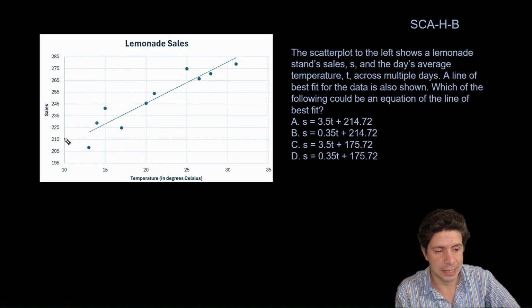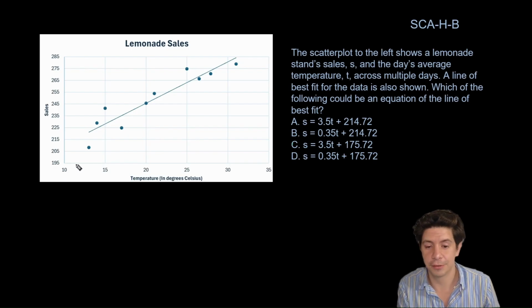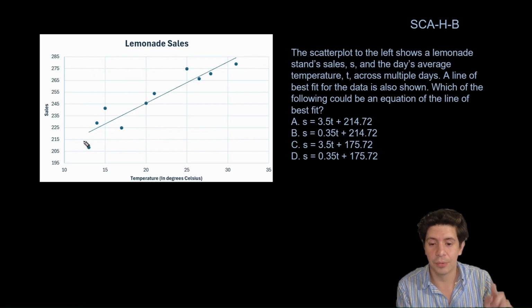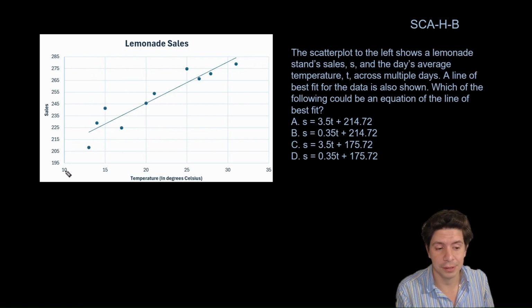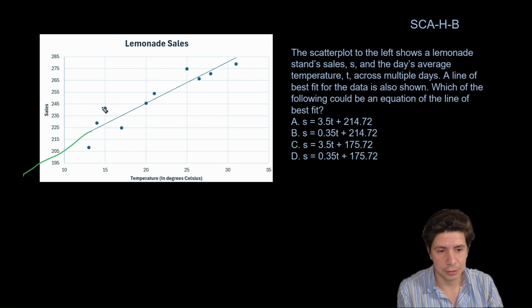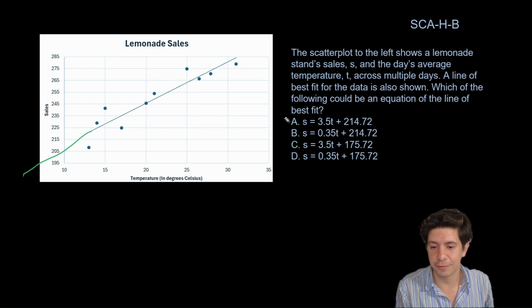Now notice here that the scales are different on the y and the x. This is going up by 10 every little dash. This is only going up by 5. And also they both start at random numbers. They're starting at 10 and 195, not 0 or 0 for either one of them. So first let's focus on the y-intercept. It looks more like it'd be hitting at 214, but the y-intercept would be when it's 0. So this one here isn't when it's 0. So we'd have to keep going, and it'd be going sort of beyond this. And you could even plug in a point like this here at 20, 245. If we plug in 20 and 245,